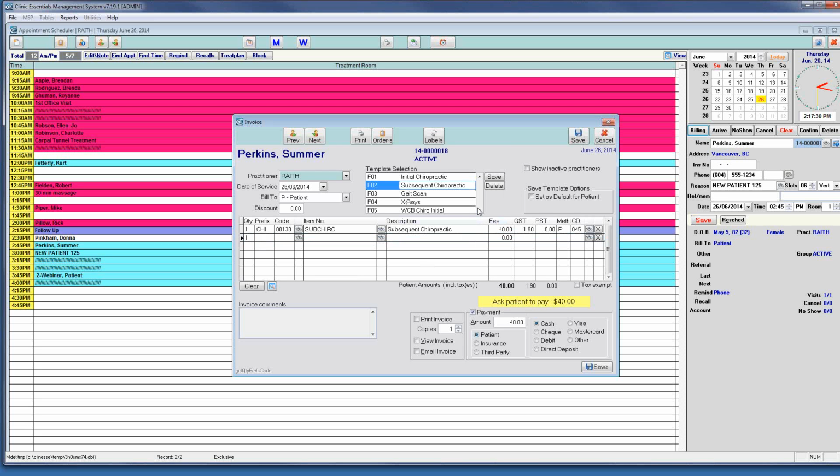Available F keys. So this practitioner has F1 to F5 used up. You have up to F9 to use. So if you wanted to set up an F key for this practitioner, because it is set up per practitioner,